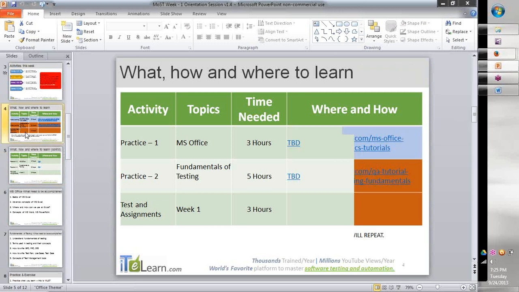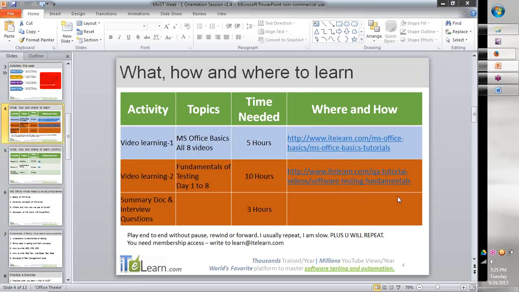Come back to me on the next session that we will do on a Thursday or Friday and tell me how you have done on this. You will start seeing the summary docs. Today, you will start seeing invites on Google Drive to the folder. You can start putting all the documentation.